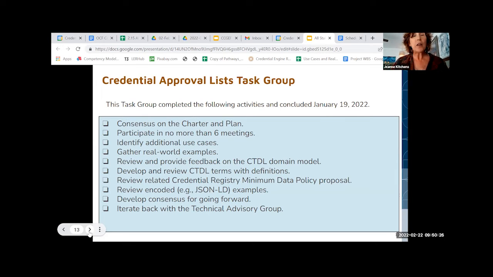And we followed a process. And you can see here the list of the things that we covered in that meeting. Nate Argo and I will go over a proposal that gathers up all of the feedback, research, and basically final documentation that came out of this task group.